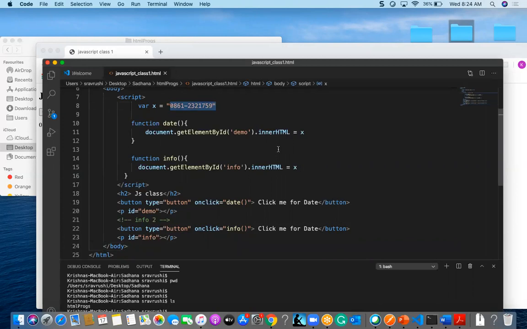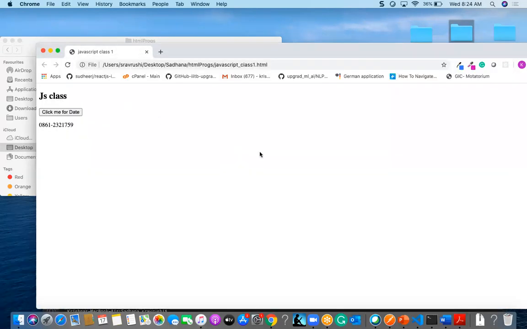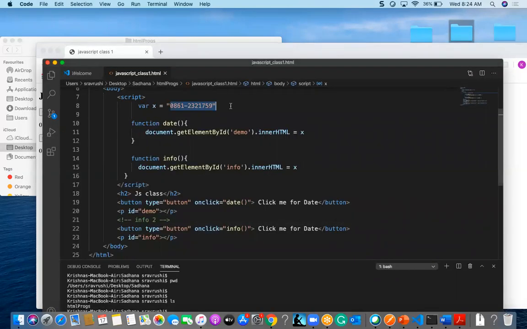Now once I click on this second button also, I should be finding the scope of this x value. So let me go and check. I have one, I have two. Though the value of this x is above, that value is applicable for the entire script.